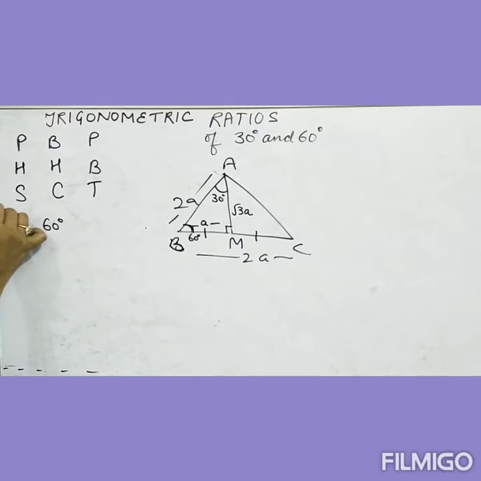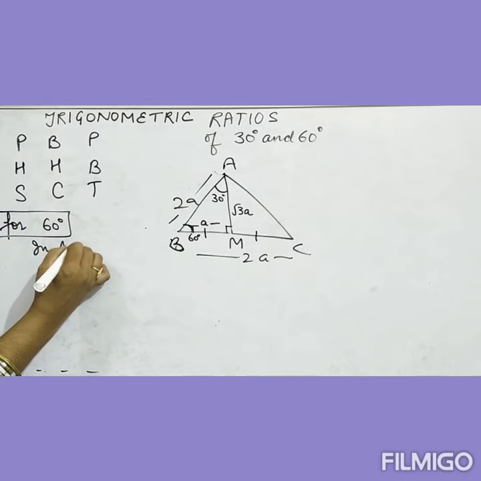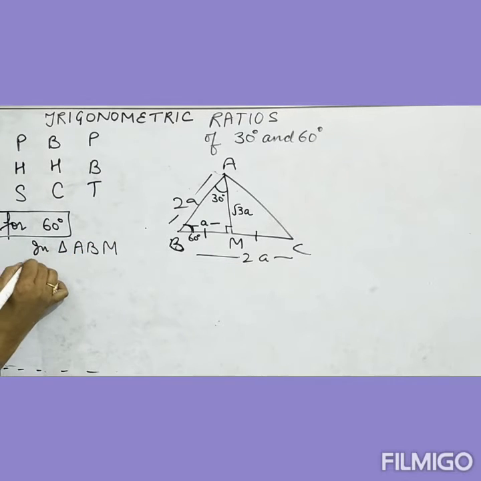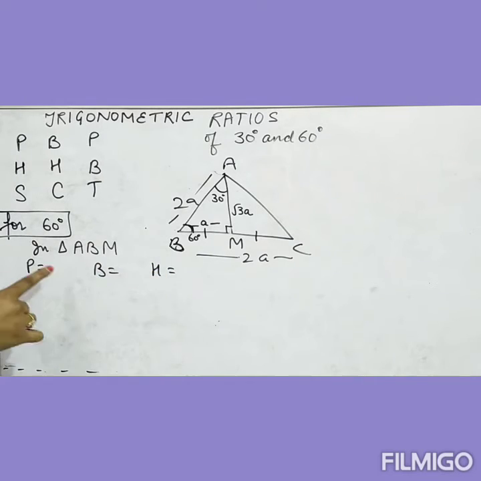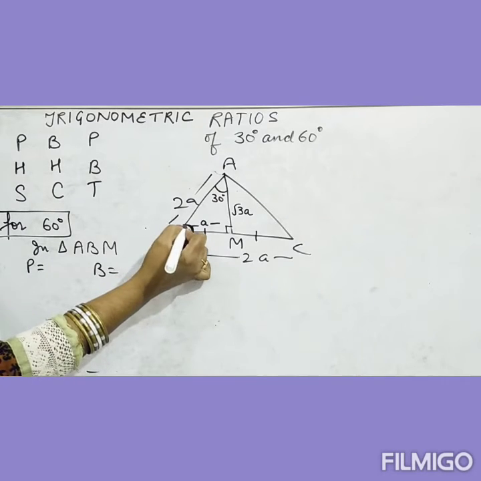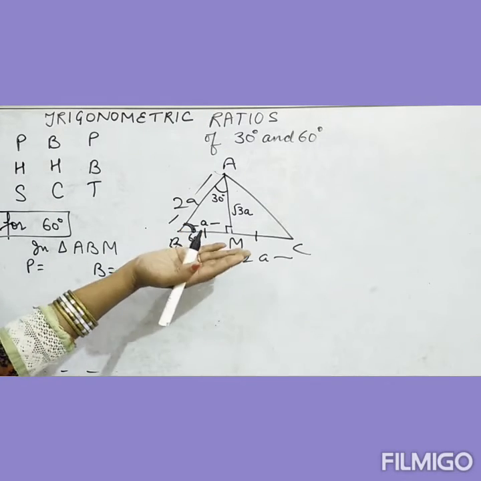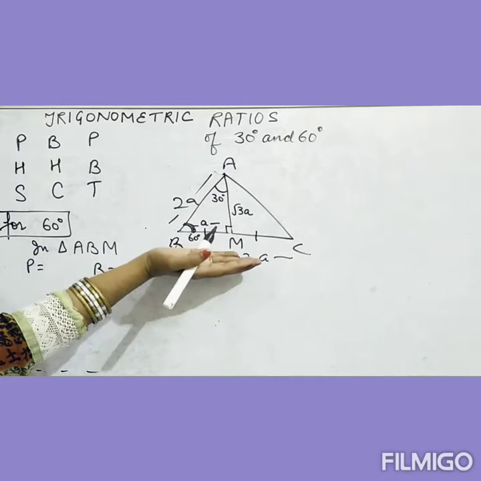60 degree, right? And 60 degree in triangle ABM. What is the value of P, B and H? If we have the values of P, B, H, we can solve it out for sine, cos and respectively for all six ratios. If this is angle 60 degree, so this must be the base, that means BM, and BM